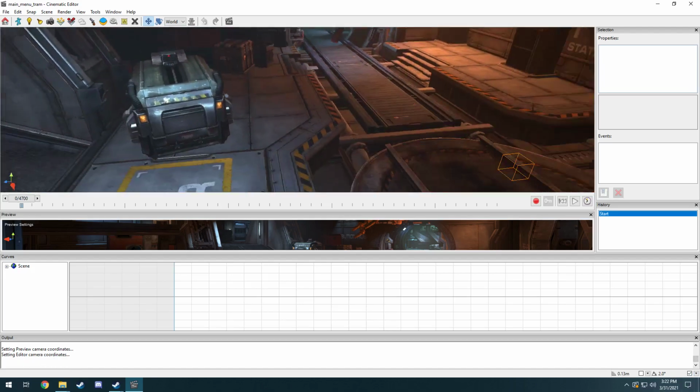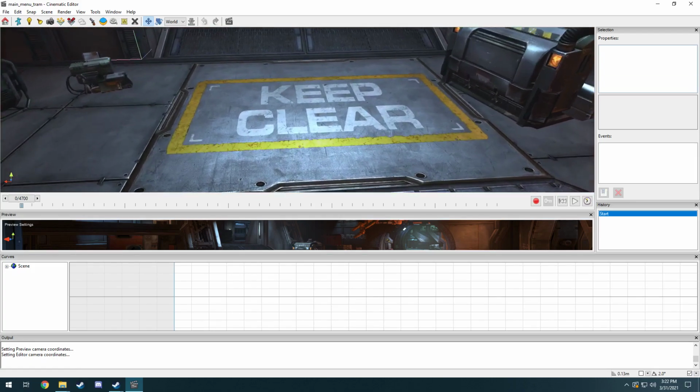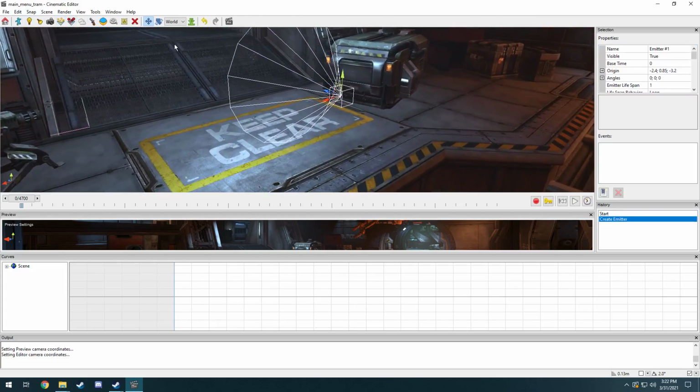But let's say I wanted to do something tricky. I'm trying to think of how I could break this real quick. Well, I can't believe that's something that's difficult, but we're going to go ahead and click the Create Emitter button just for a second to give you an example. This thing right here, which is just the selection, the properties window, you're going to be working out of this more than anything. I usually like to pull this down, this extra bit,